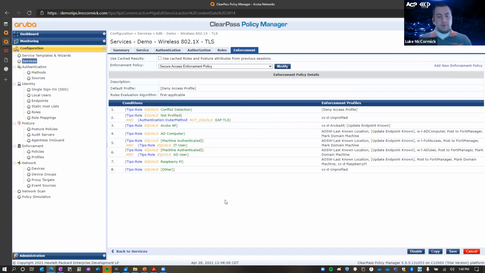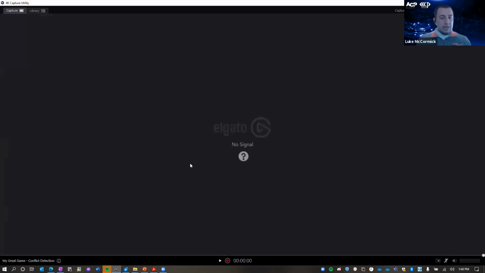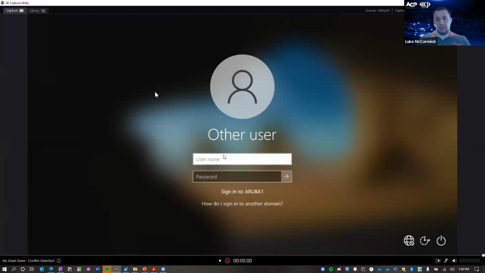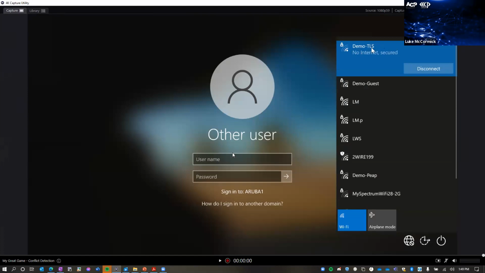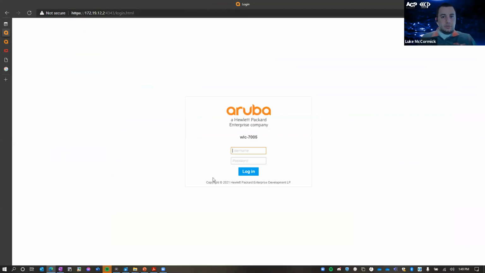Okay, so we're going to go on to a demo here. I've got a computer that is falling asleep over here. Get that going again. Here we go. So this computer, we can see, is just a Windows 10 computer. It is on a domain. We can see that it currently is connected to the demo TLS wireless network. And before we log in here, I'm going to show you that in the Aruba wireless controller,